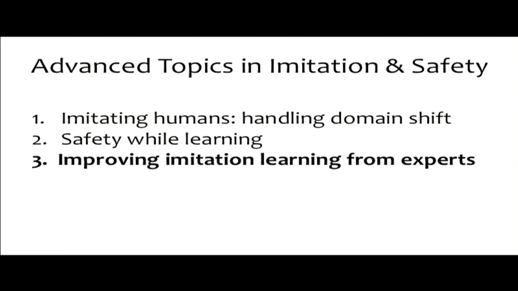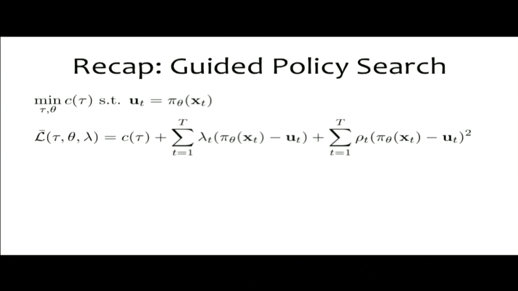Okay. So this last section is on imitation learning from experts, which we covered earlier in the lecture. And in particular, I'm going to talk about two improvements on guided policy search. As you might recall, the way that guided policy search works is that we're going to try and learn this neural network policy by training it, with supervised learning, to mimic these local trajectory-centric controllers. And so we're going to minimize our cost function of our trajectory such that our policy matches those trajectories, matches those local controllers.